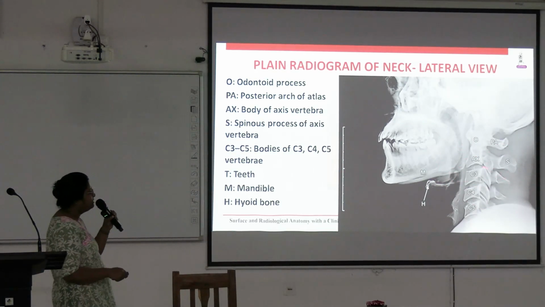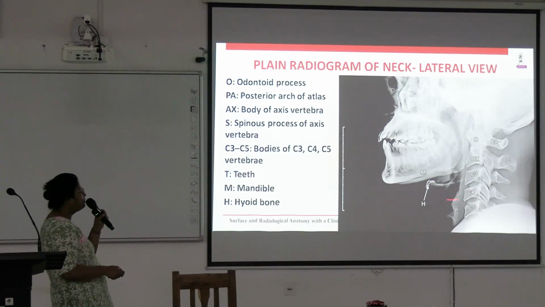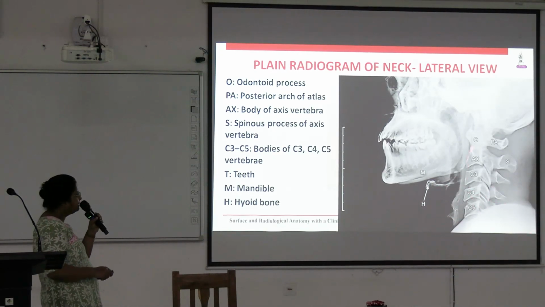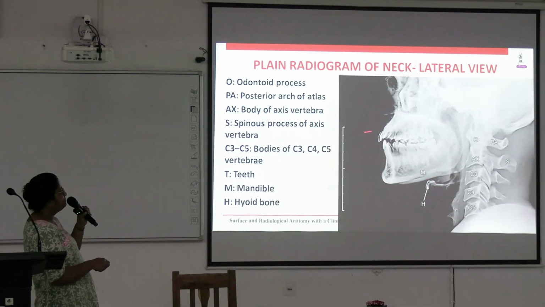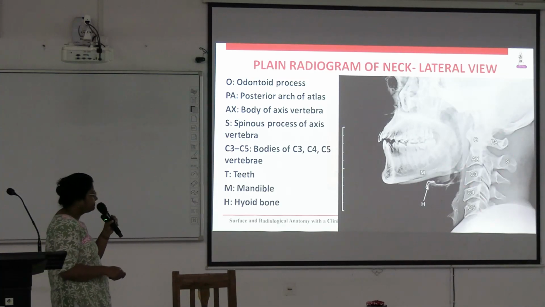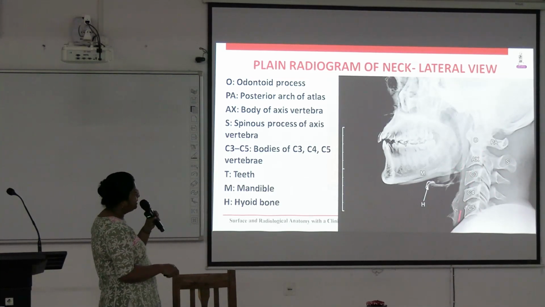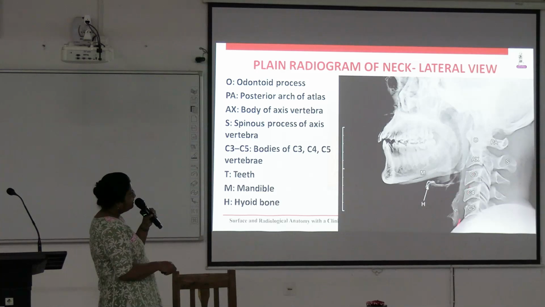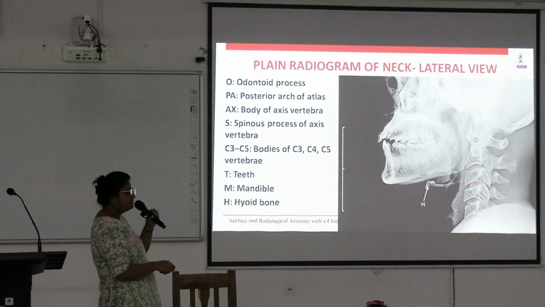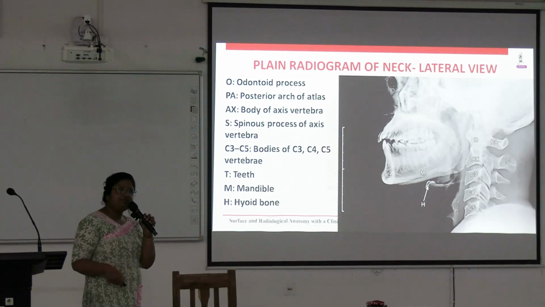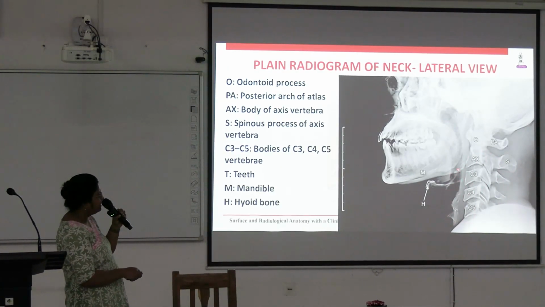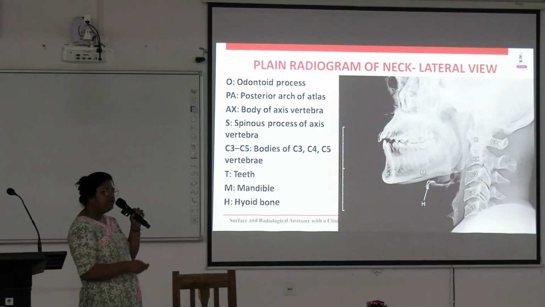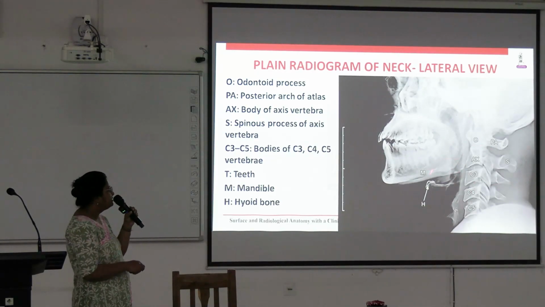Next you can see the third cervical vertebra, fourth and fifth cervical vertebrae. And here this is the hyoid bone, this is the mandible, and these are the teeth, upper jaw and lower jaw teeth. And this hyperechoic area is the esophagus; the pharynx, laryngopharynx continues downward as the esophagus, and in front of it, this blackish area is the larynx, which continues downwards as the trachea.